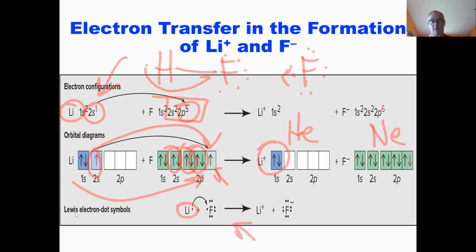If two elements have the same electronegativity, would the electron go either way or just still be shared? Completely. We call that a nonpolar covalent bond. And we're going to talk about that next class, because there's two kinds of covalent bonds: polar, where